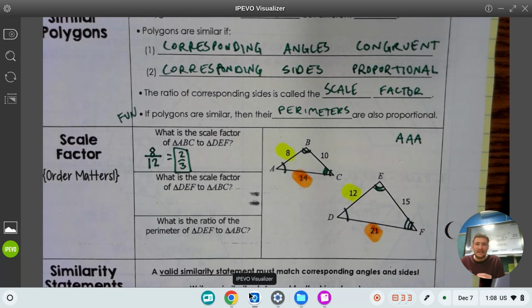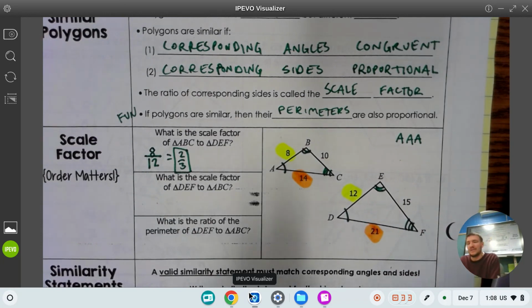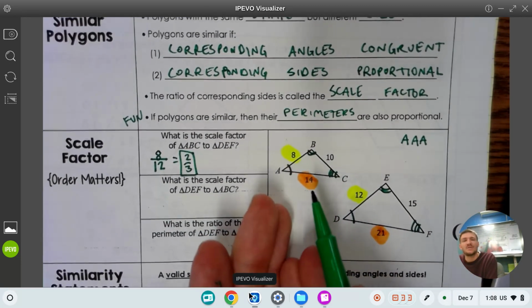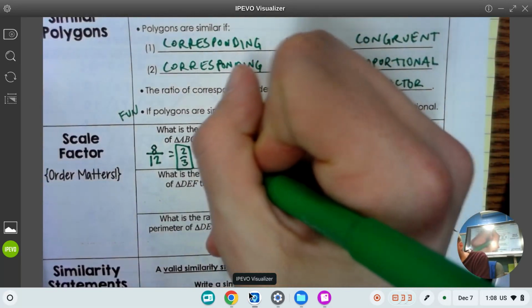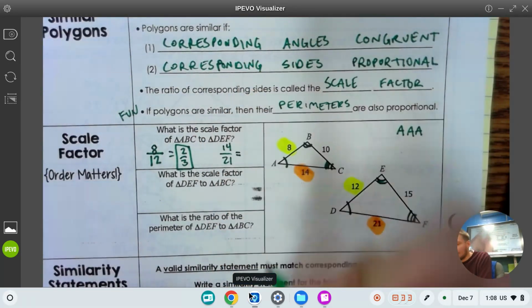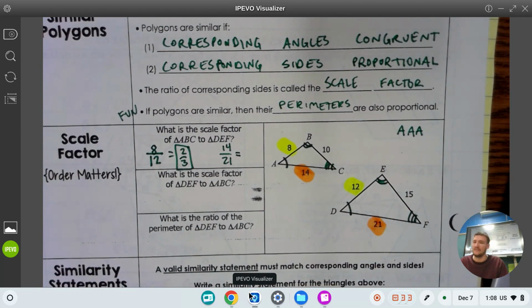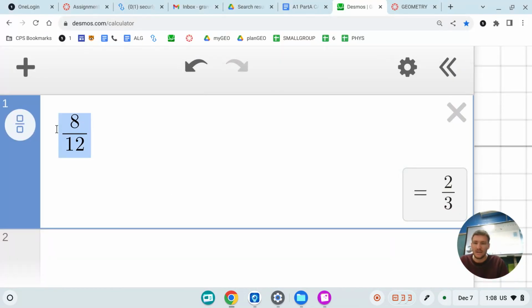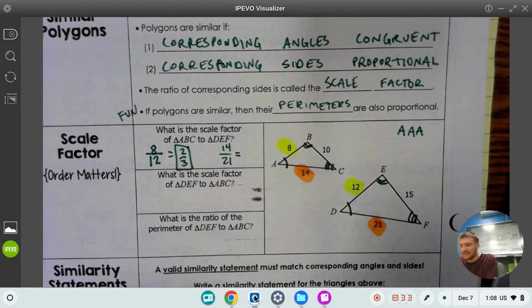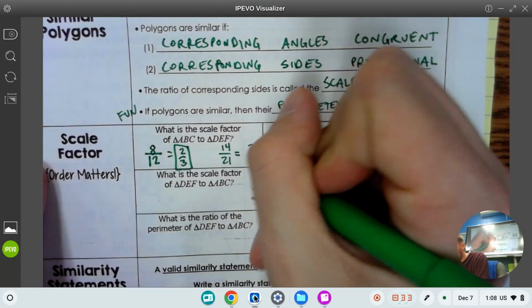21. And if we make a fraction here using the ABC one first, so I'm going to use the 14 first, 14 over 21, you can probably do this in your head. That's going to be 2/3 as well. It's the same thing. You don't have to check every single one because no matter which ones you pick,